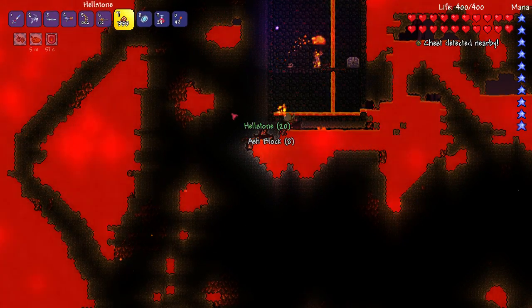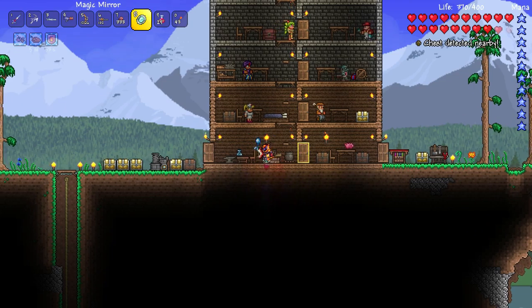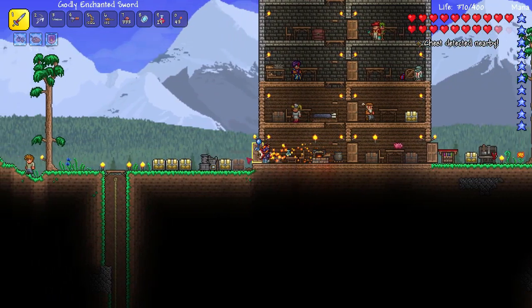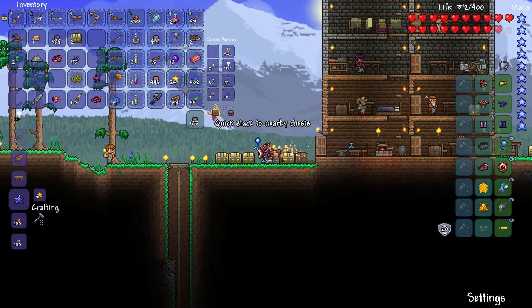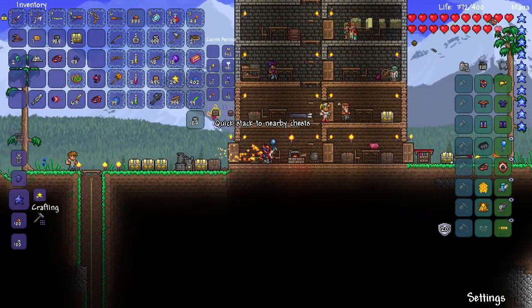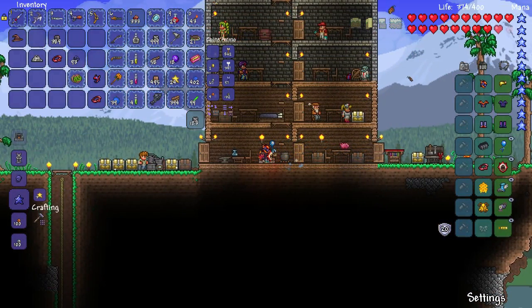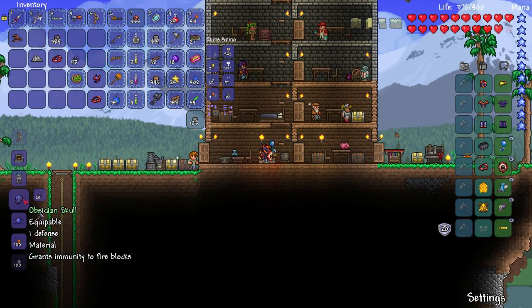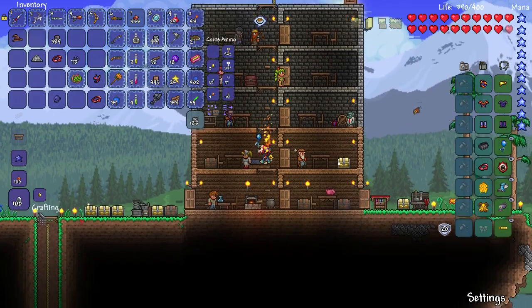So let's just get out of here. And I have so much junk in my inventory. Before we do anything else, let's just run around and do that. So, first thing I want to make is right here. It is the Obsidian Skull. Grants immunity to fire blocks. That is going to be very important later. Then the other thing that I'm going to want to do is...